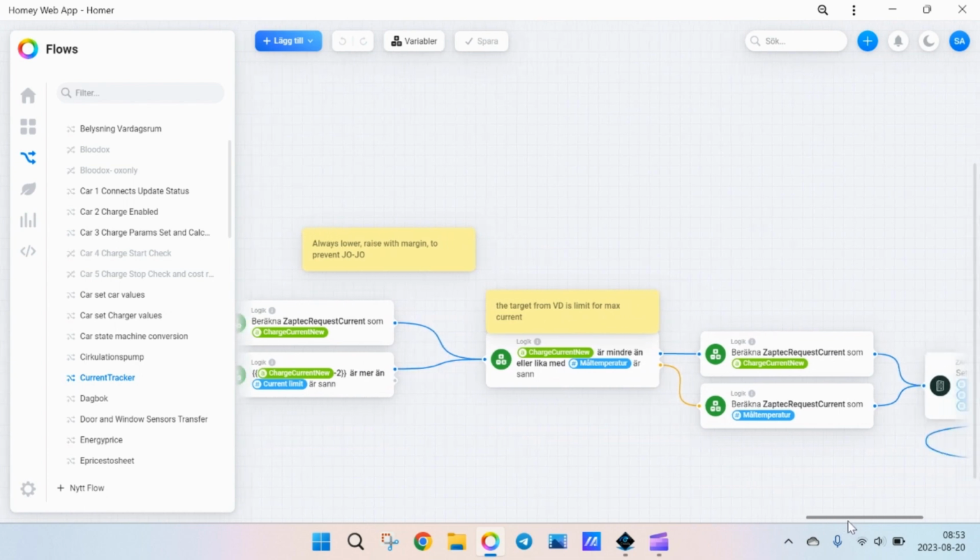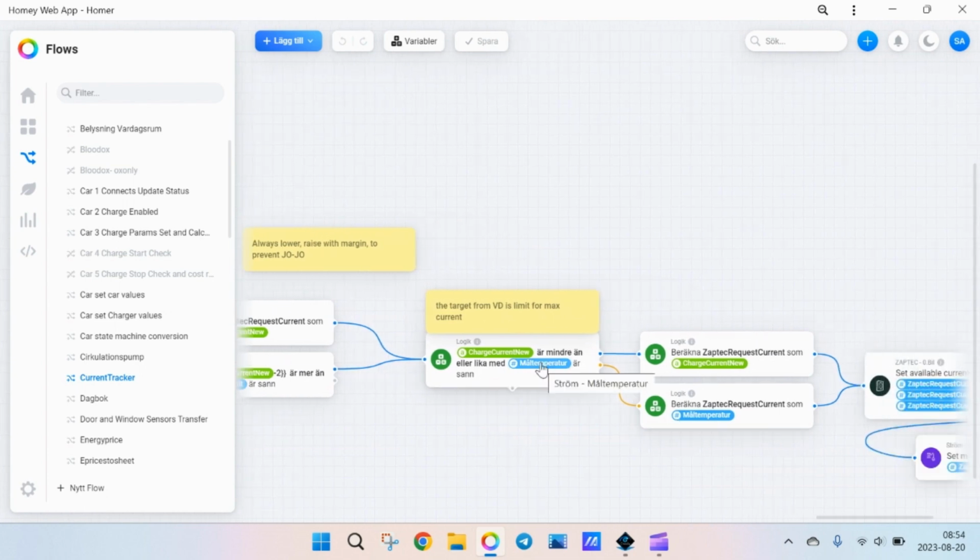You might want to go down, of course. And this is what I showed you before. This is the power setting I made. If the charge count new is less than the target I want, then it will calculate the request current as charge current new. Then we'll set the new current. But if it's more than,